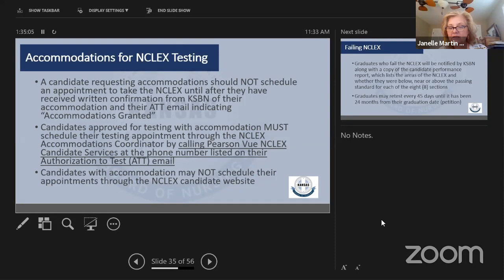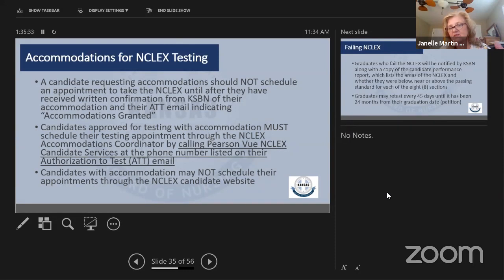Because if they go online and register without having that approved, they're not going to get to the testing site and have that accommodation set up for them. That's a different process. They're actually going to have to call once they receive the approval that they've been accommodated, and it should be on their ATT that they get for testing. If that's not there, then it has not been approved, or we have not received it.